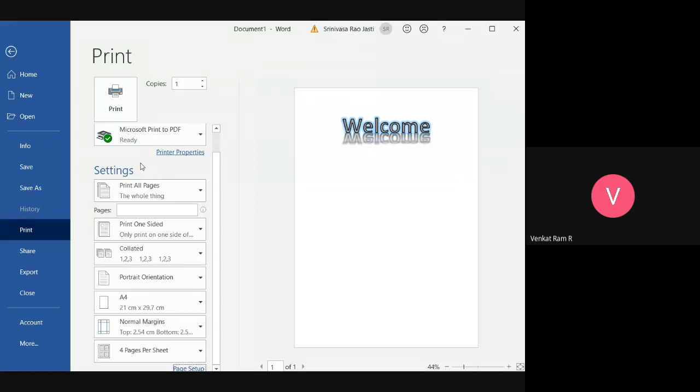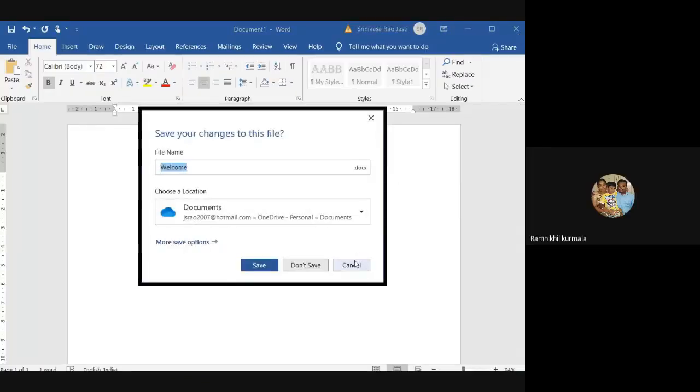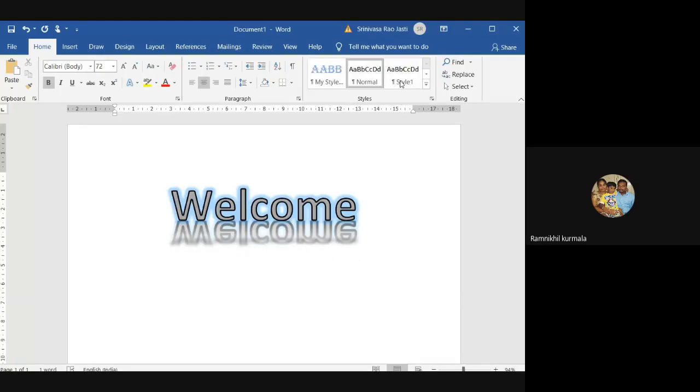So now, doubts. Ram Nikhil, shoot the question. Sir. Yes, ma'am, shoot the question. Sir, you told that we can change the page borders, no, sir? Means we can keep stars or trees. Like that we can print the paper, sir. Yes, it will print. Yes, it will come.